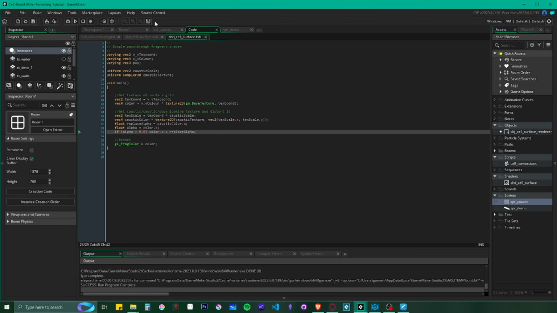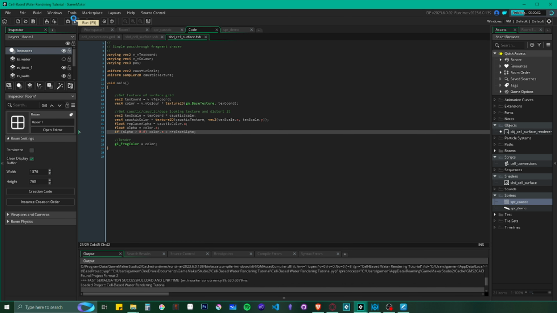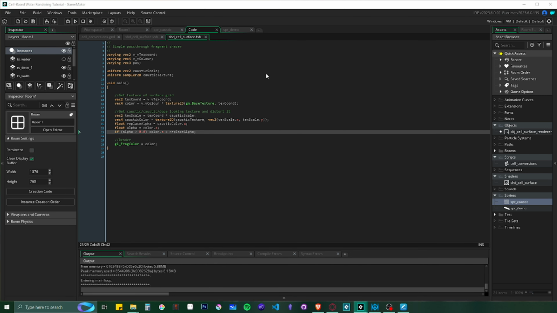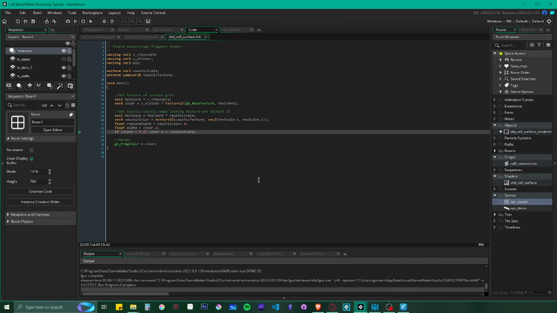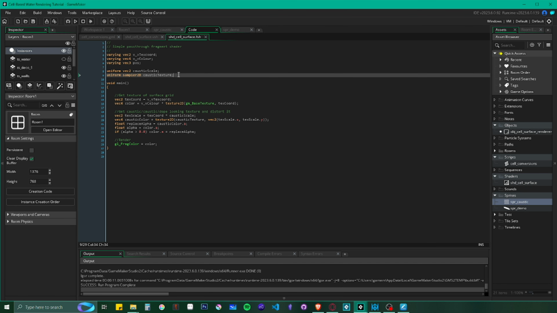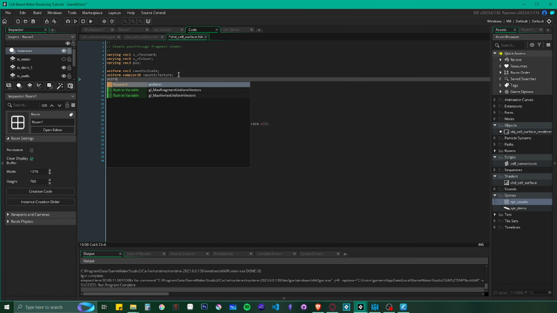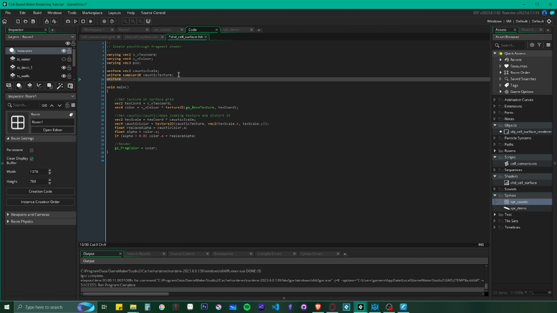So that should get us back to squares. Boom, look at that. We got squares now. So it doesn't look great, but it works. Now we're going to be adding those other uniforms. So this is going to be a little bit more tedious. You know, I might just cut to the end because there's a decent amount of uniforms we've got to put in here. So we're going to start though with